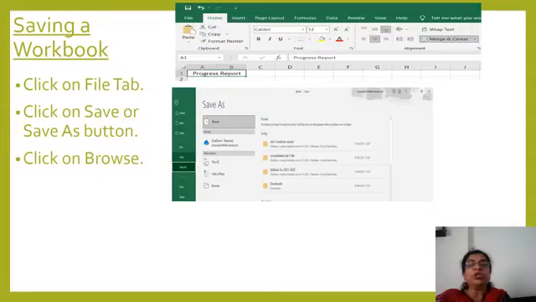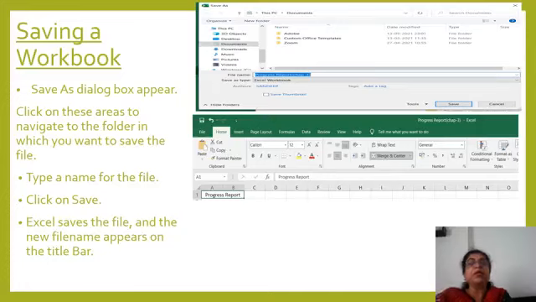And in that save as option, you will get 3 choices: this PC, add a place and browse. Either you go to this PC or you can browse. You can click on browse. Now next is saving our workbook. We want to continue with this. Whenever you are clicking on save as button, a save as dialog box appears here. See the top screen here, save as dialog box has come. There you have to decide the destination where you want to keep your file. Here we have selected documents as the destination, and here I am typing the file name.